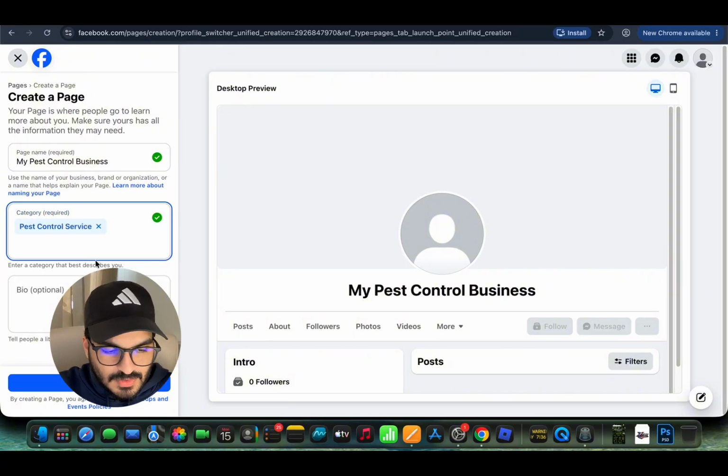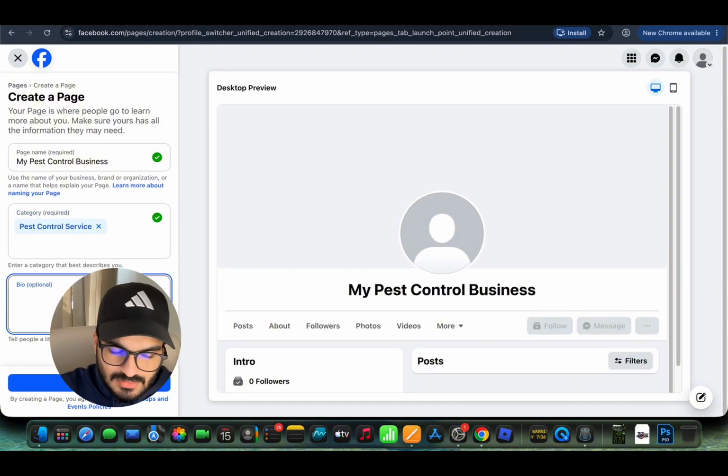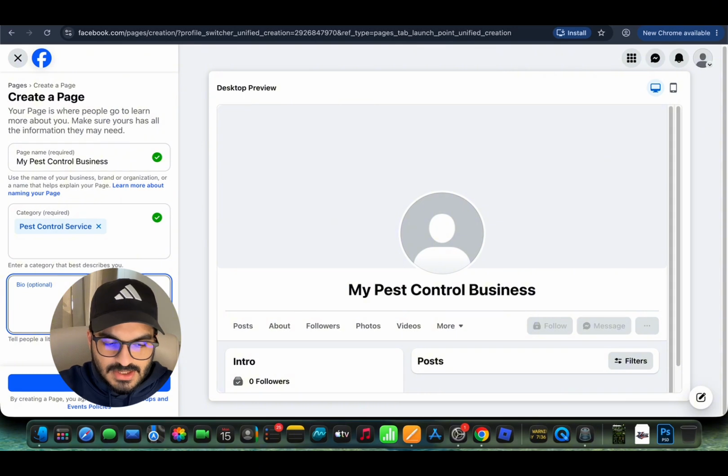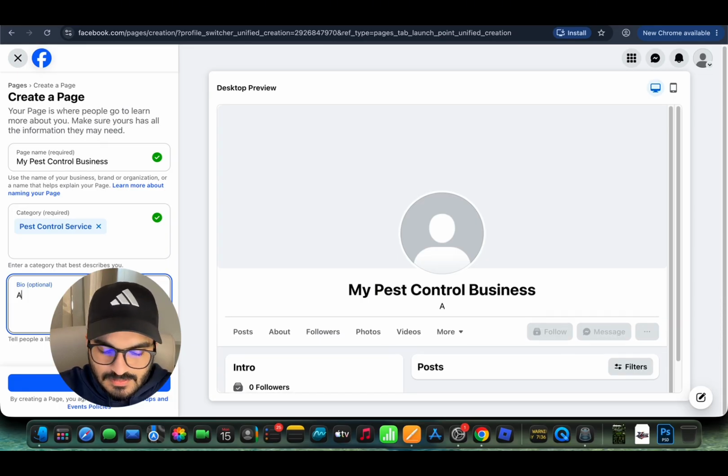Now for the bio, there are 2 ways to do this. You can just write your own bio. I know this is optional, but I do recommend typing this out and filling this up, because it's very important to have a bio. It looks weird when you have an Instagram or a Facebook and it doesn't have a bio. It's very important to have a very good bio. Like I said, there are 2 ways of doing it. You can either write it yourself, about your company. The other way, which I'm going to show you in just a second,